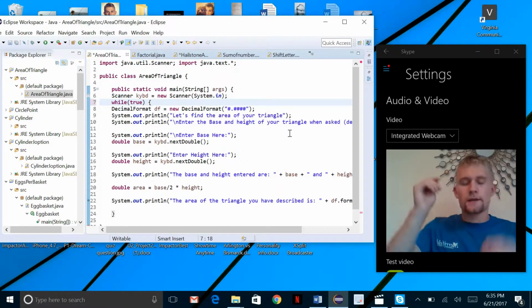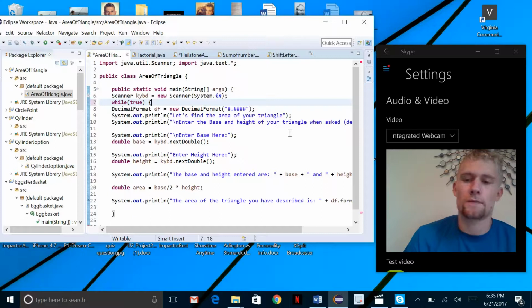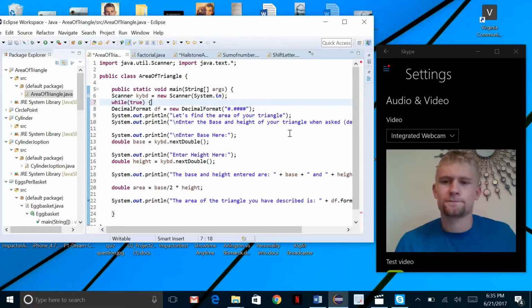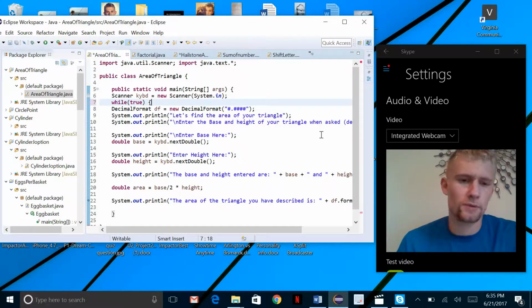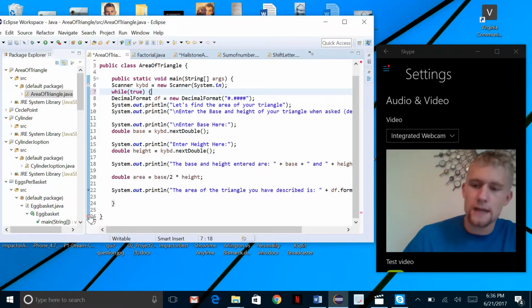Alright. Now what this does, guys, while true, is it just says keep repeating this program. And what I believe it means is, you enter your stuff, as long as you can keep entering it, keep entering it. And there's no Boolean or anything here which indicates true or false. It just says keep repeating the program. And the reason it complains down here, guys, is